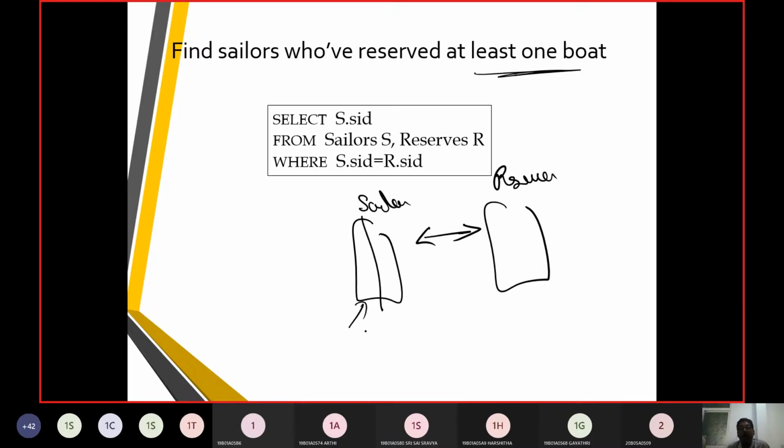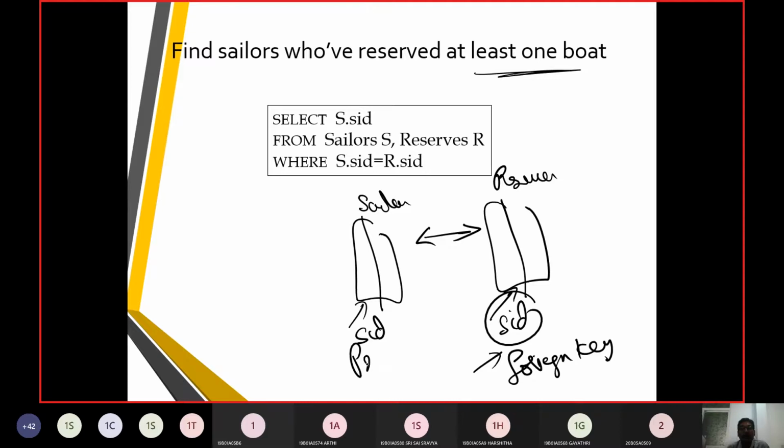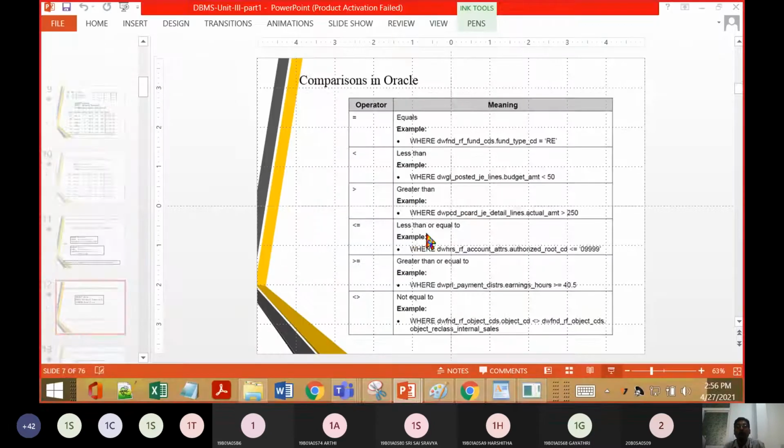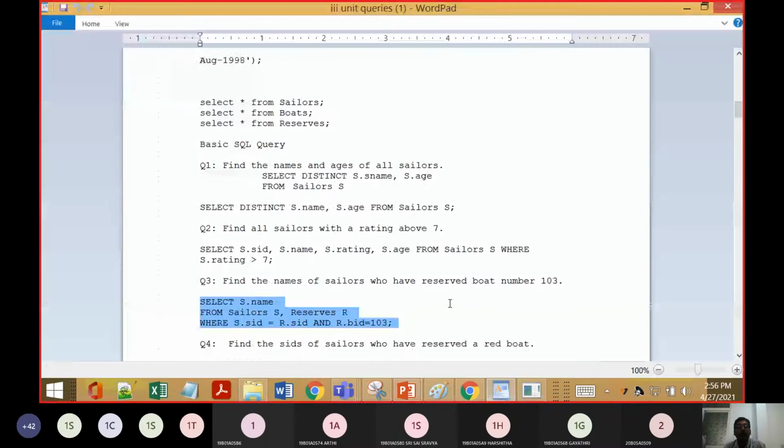Here we have SID as a primary key, and in reserves we use SID as a foreign key. When the primary key is visiting the other table, it becomes a foreign key or a reference key. Using the reference key concept, we should take up this query and see how it is going to execute.